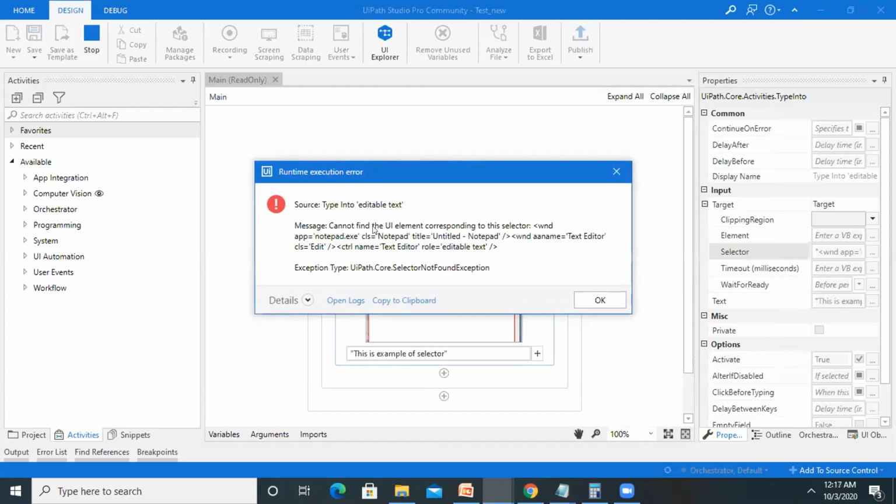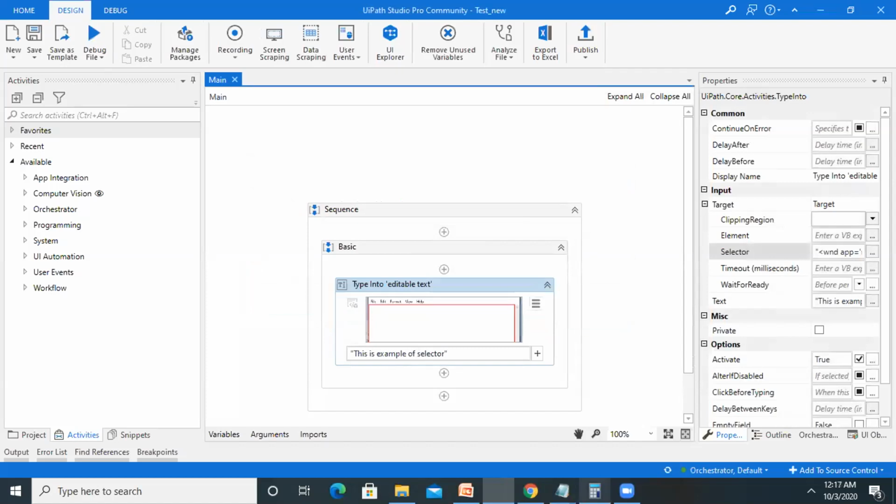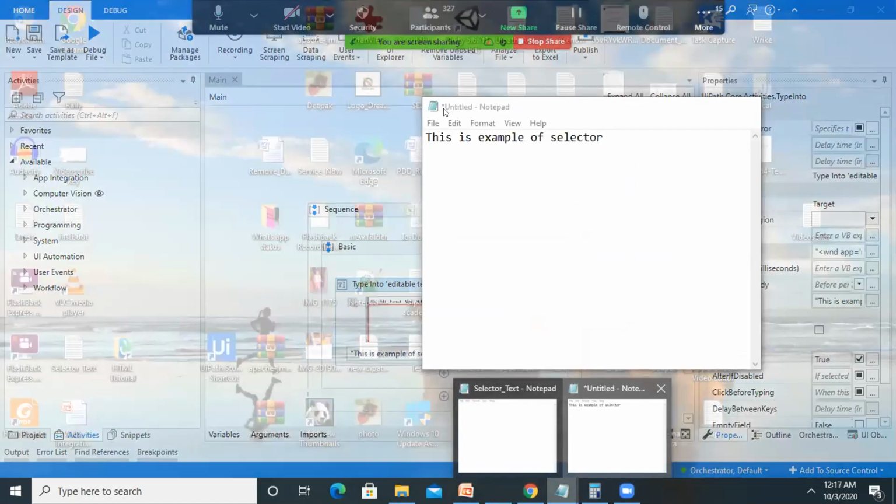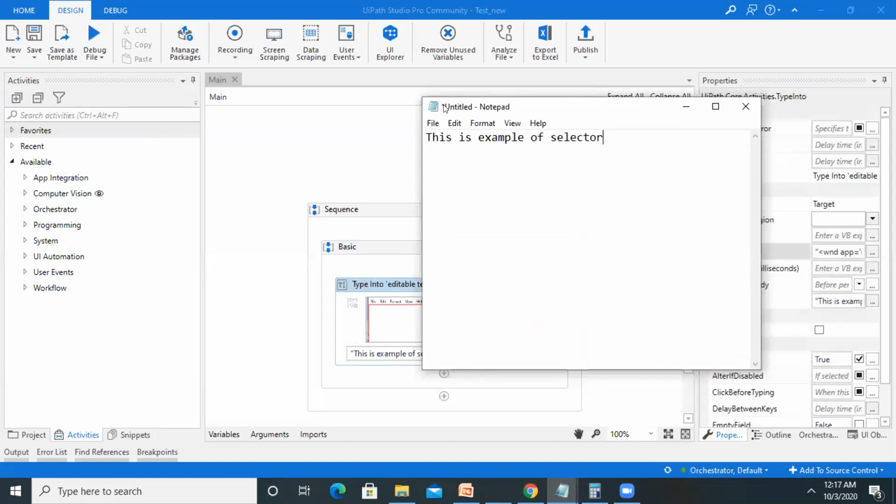As you can see here, it shows an error because we have selected the untitled box, and whenever we have not saved the file, the title starts with an asterisk mark.